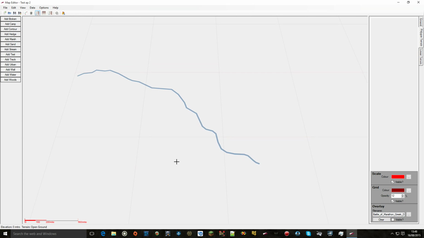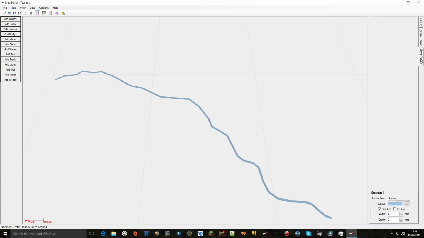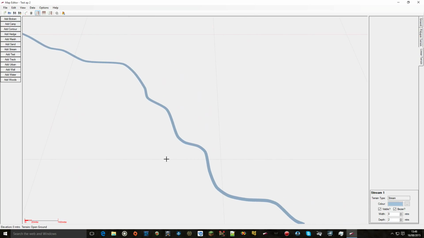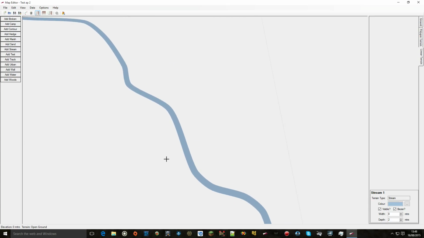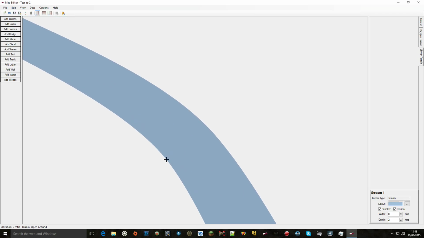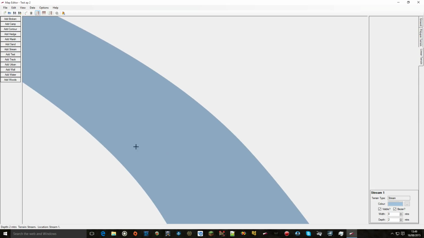Now, this stream looks very artificial, it looks a little bit jaggy, but you can get around that simply by enabling Bezier mode for it, and that brings in the curves. So you see it looks a lot more natural in its curved state, and of course we can keep zooming in and zooming in and zooming in, and it all looks really pin sharp, and that is the big advantage